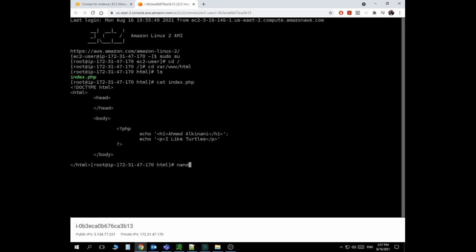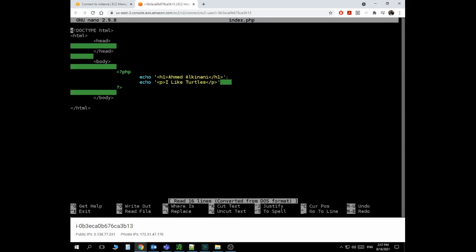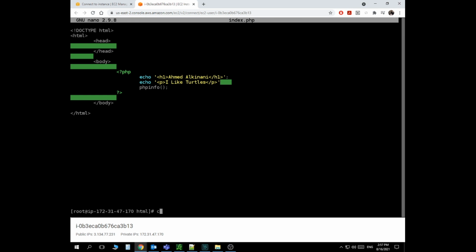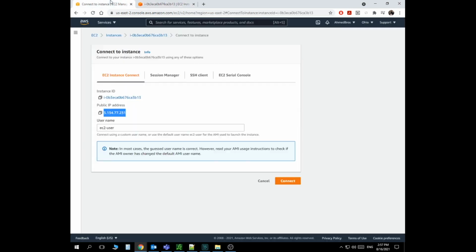Now nano index. I'm just going to add one thing here, and I'll just say phpinfo, open parentheses. This is a function, and again, if you're coming from a programming background, you should know what a function is. We're going to have to talk about functions, but this is a function. This function will show you all the settings of PHP in your server. So I'm just going to go ahead and save it, and let me clear. Now, if I go back to my page,